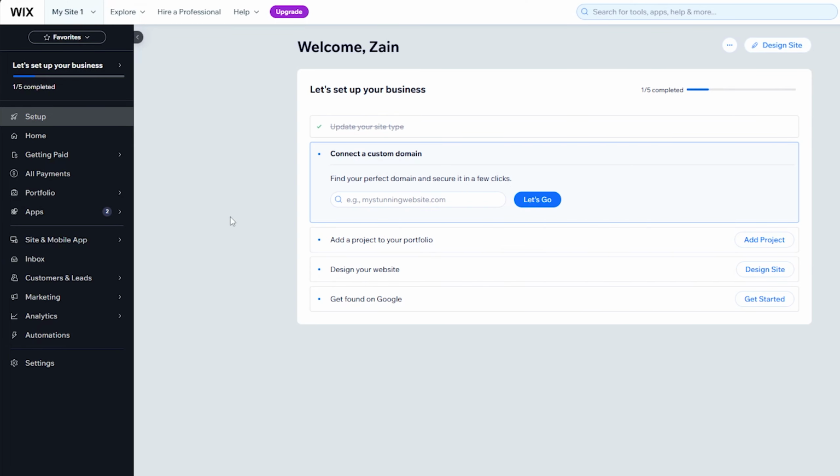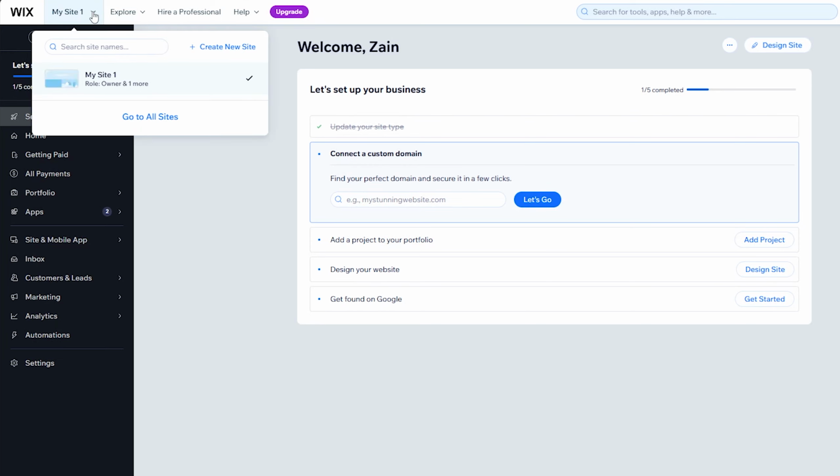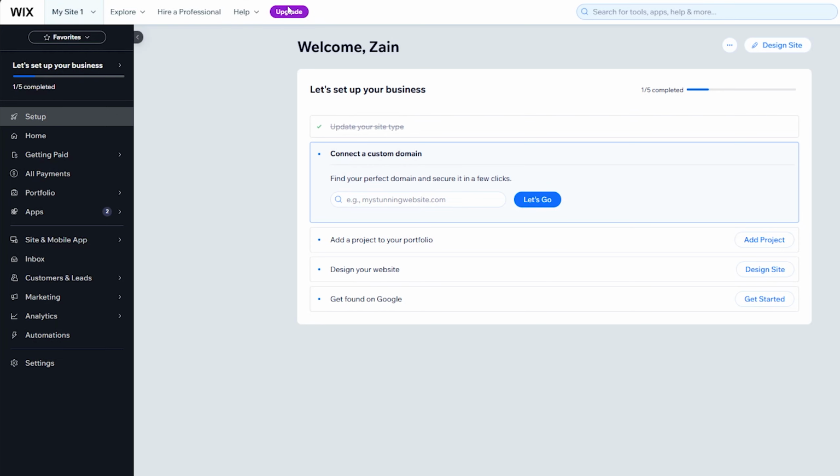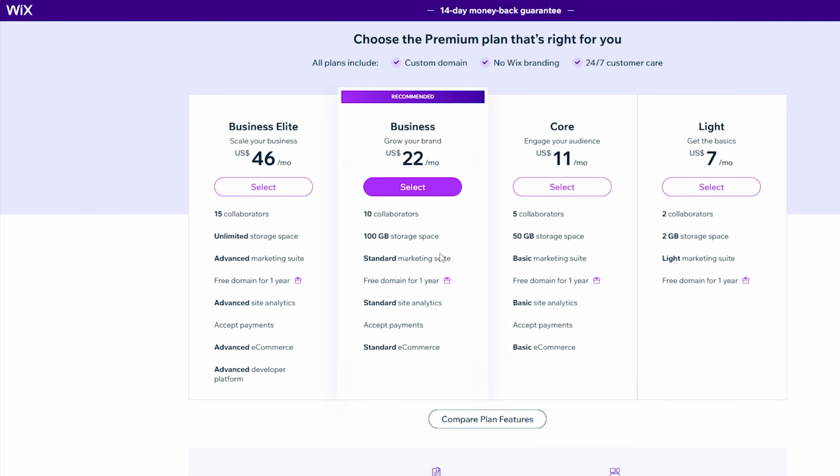Now first thing you should do is to simply open your Wix account on your browser. Then once you log in, you will get here this dashboard and also your site right here. And now you have this icon right here which is called upgrade. So click on upgrade and now here as you can see it will show you a page with different plans